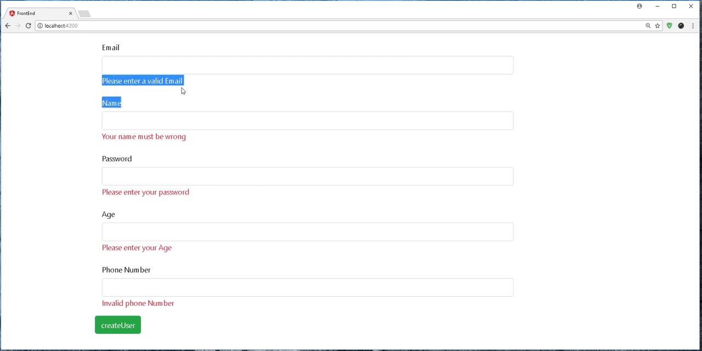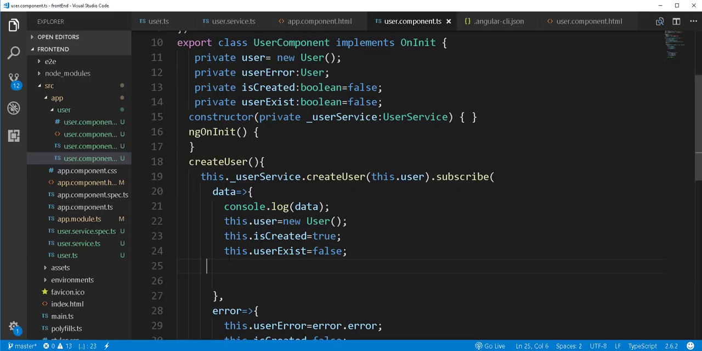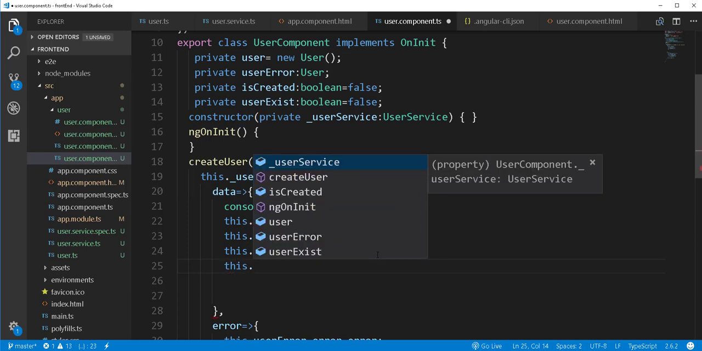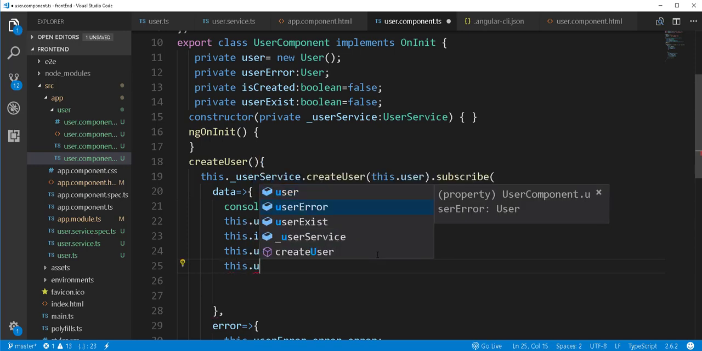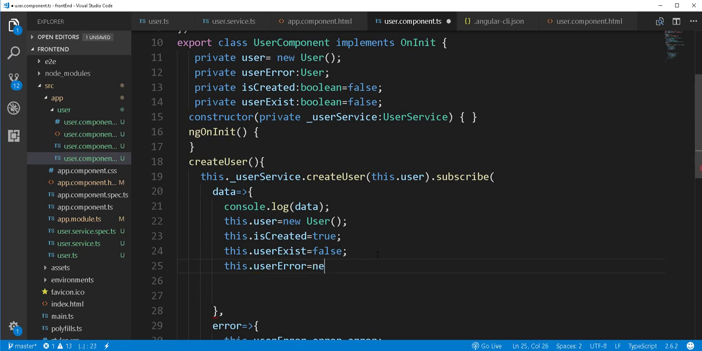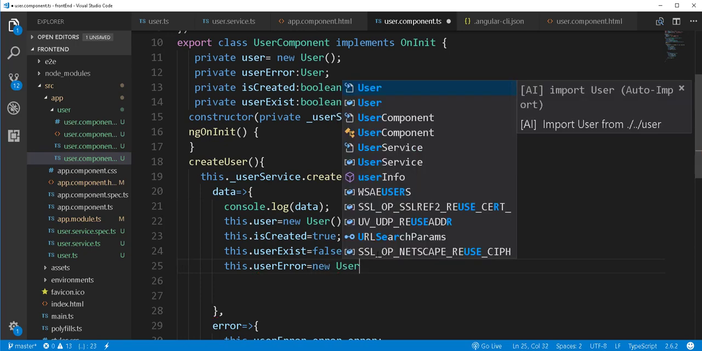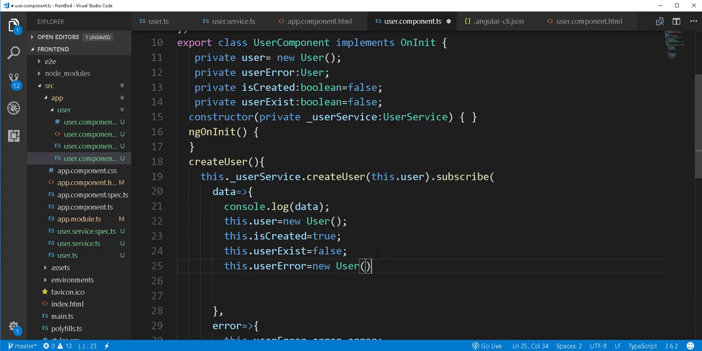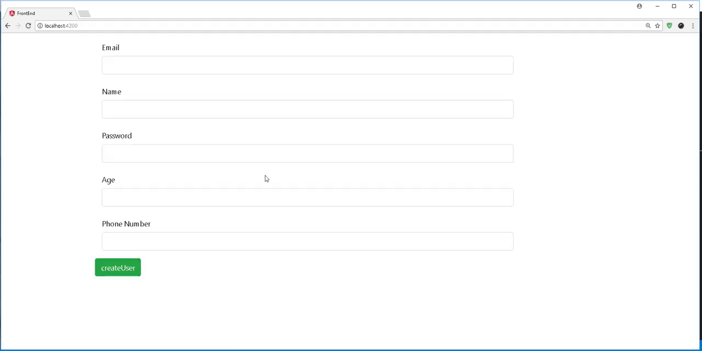But then we still have these error messages. This is because we forgot to reset the error object when the user is successfully created. So back in the code, all we need to do is add here this.userError equal to new UserError. By so doing, we reset that error object. So let's test this out and see. I'll open up the browser, and now if we try to create a new user, say